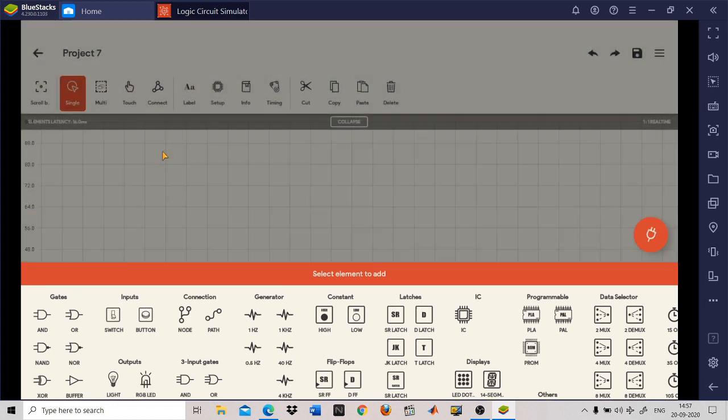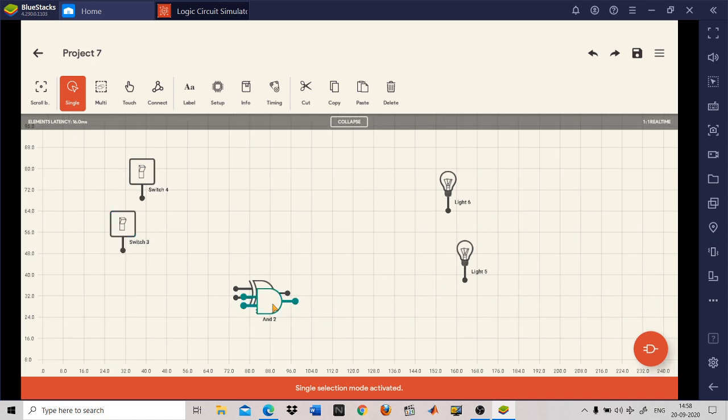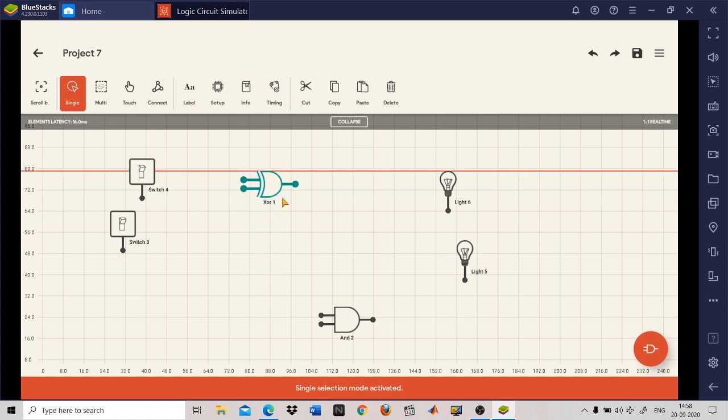Now you place your cursor here. When you are selecting anything, a green color will come in front of you. So now this component is available to move anywhere in this window. So you are moving it here. Again you click here, a green color will come, then fine. Again you click here, green color will come. Now you can drag it here. Now you want this for your carry, and this one will be for your sum. Fine. So you click here.